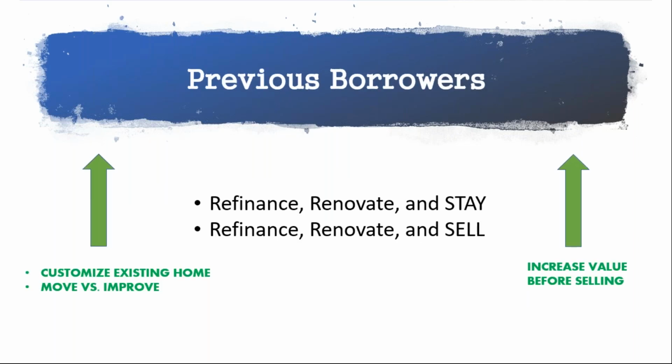Thirdly, let's talk about your previous borrowers, right? Borrowers who have already purchased a home and now are refinancing to renovate and stay in the current home that they have, or borrowers that are refinancing, renovating, and selling, and they just want to increase their value, right? So it's winter time here in New Jersey, and it's pretty cold around the rest of the country. It's not prime time selling season,